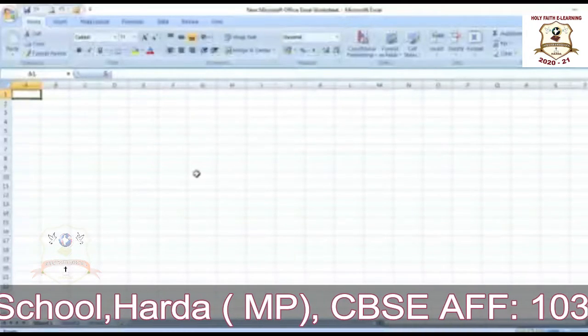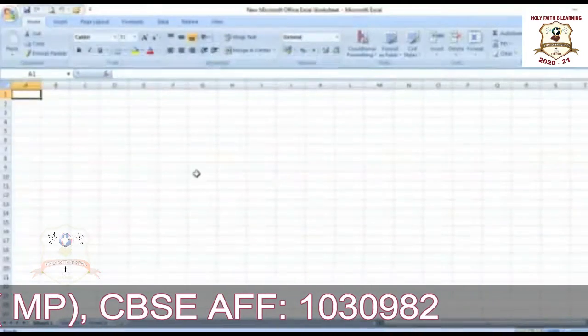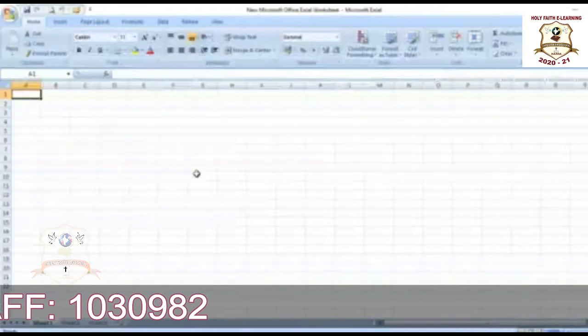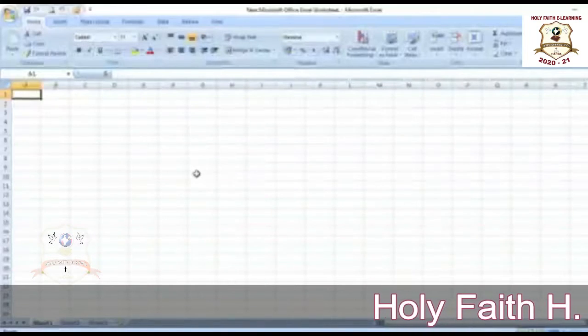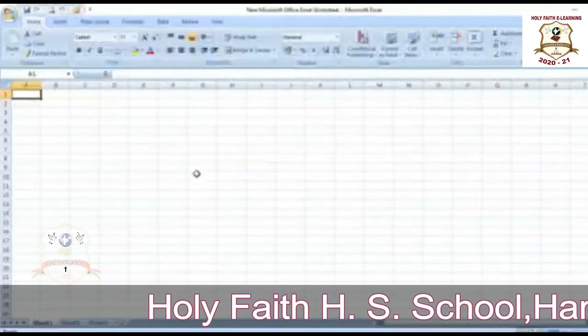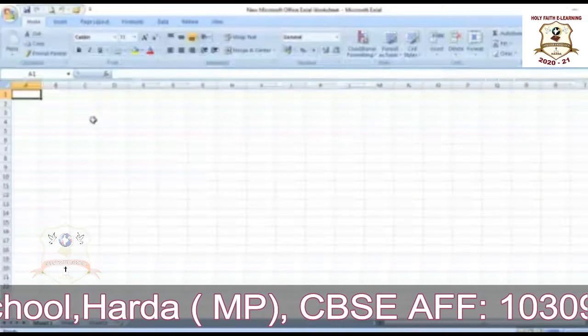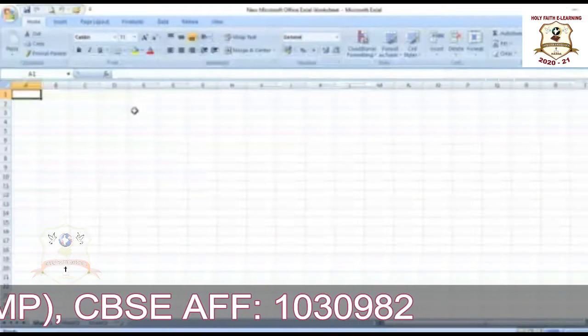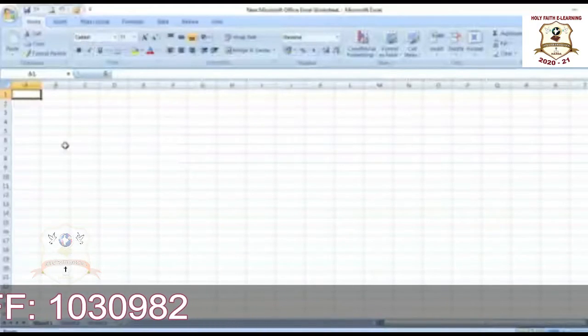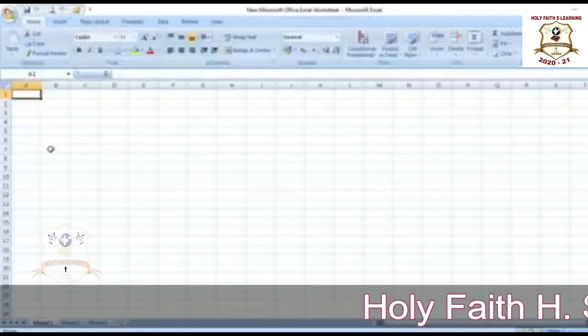What is a formula? A formula is a mathematical equation or expression that shows a relationship between various quantities. The types of formulas we had already discussed in the theory video, like text formula, simple formula and compound formula. Here we will see compound formula and simple formula. Firstly we will see simple formula, where we have two numbers and want to add them.